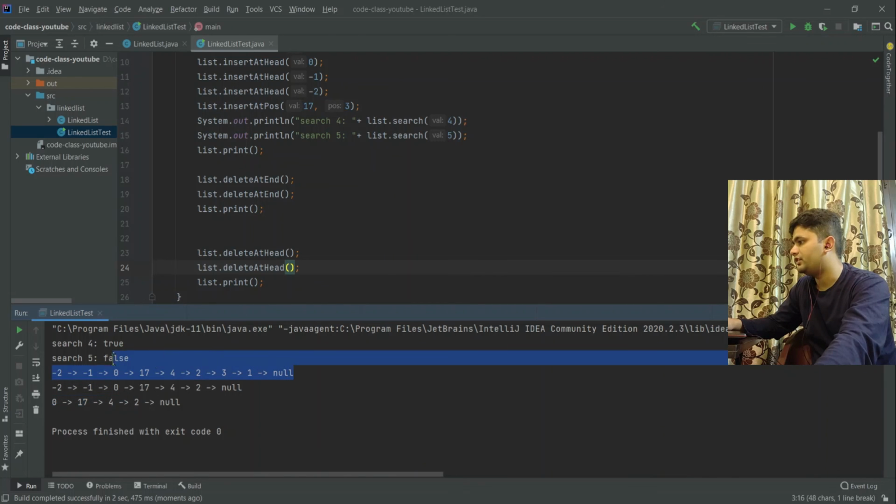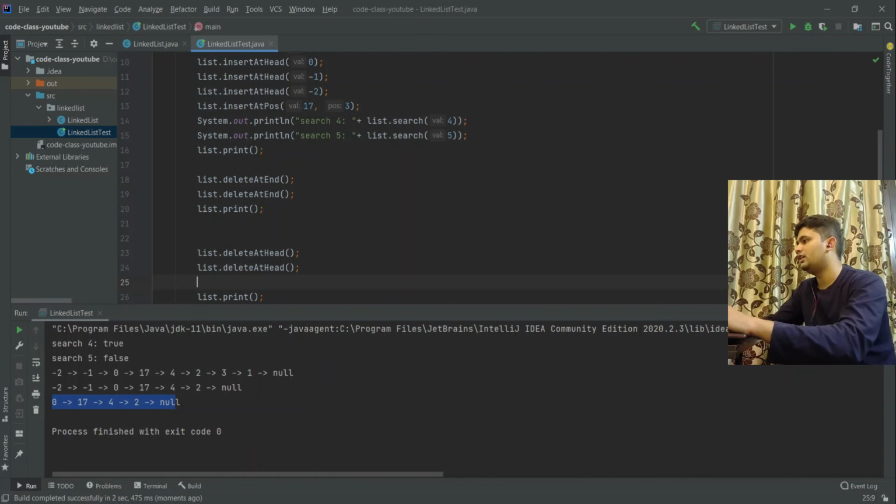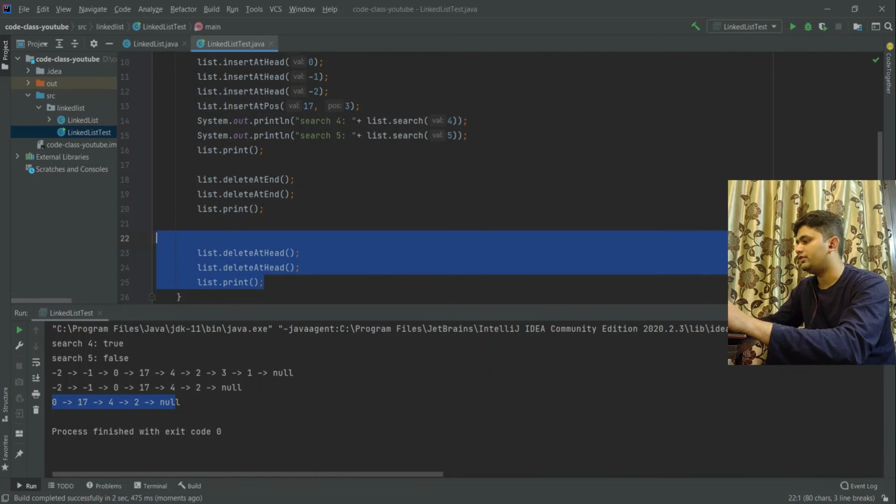Okay, so initially we have this linked list. We have deleted 2 from the end. Now we have deleted 2 from the start, and we have remained with this. Okay, now we wanted to delete from position.